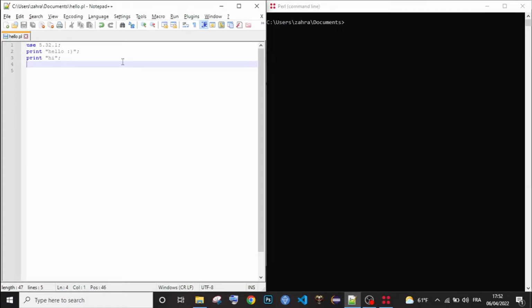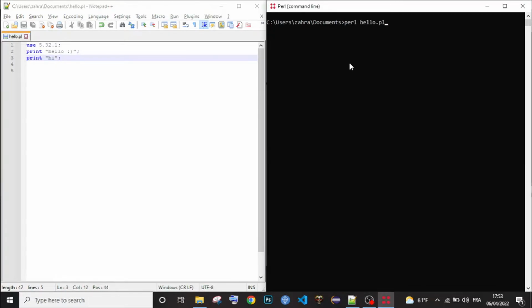Hi, in this tutorial we're going to have a look at variables, but before we jump into it, we should first familiarize ourselves with Perl's basic syntax. Now, as you can see, the statements are written in a straightforward fashion, which implies that we don't need to have a main function or anything of this sort, but we do need, of course, to end our statements with a semicolon, except for the very last statement when it's not mandatory, and I'll show you why exactly. We have here a program that prints hello, smiley face, and right next to it a next hi, next string.